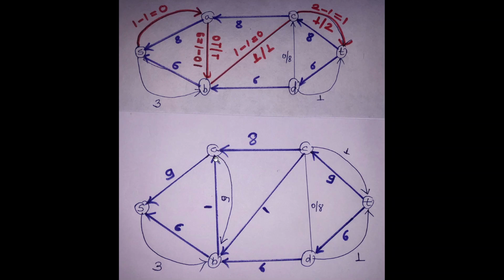Look at here, B to C no more forward, B to D no more forward, but yes, from B to A there is a forward direction available. But unfortunately, if you are using this path then again it is stuck. Why? Because from A there is no forward path for C, whereas it is forwarding only for B again. So it creates a loop over here, that is B to A and again A to B, B to A and again A to B. So this is not the path. Why? Because we are interested to reach destination T and it is creating a loop, no more forward. So the meaning is that this particular graph does not have any more forward direction path available.